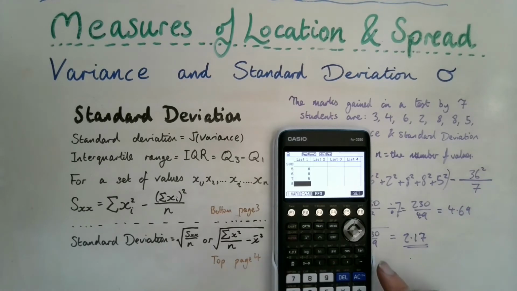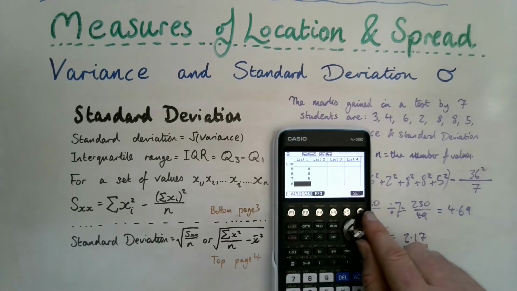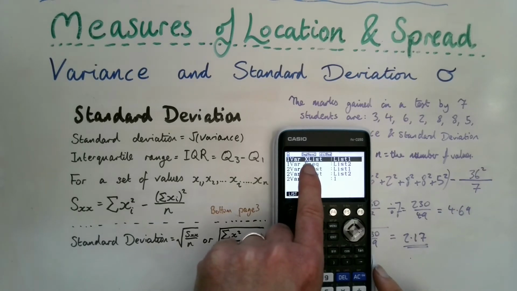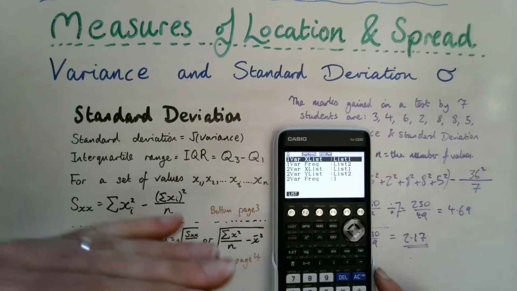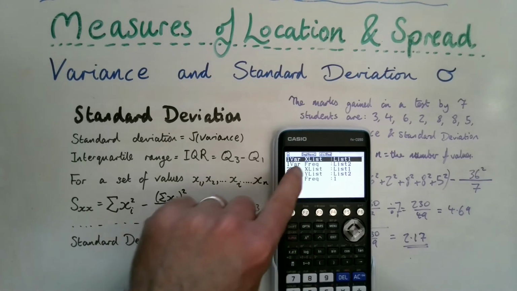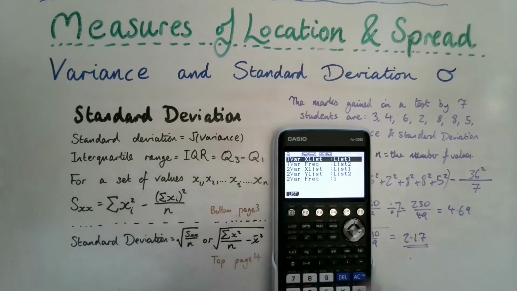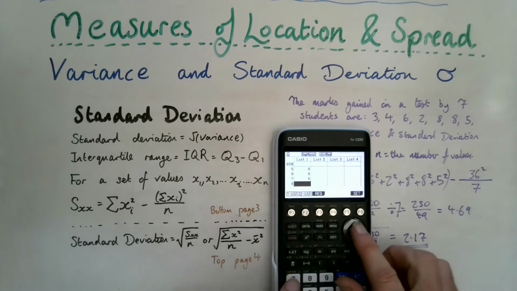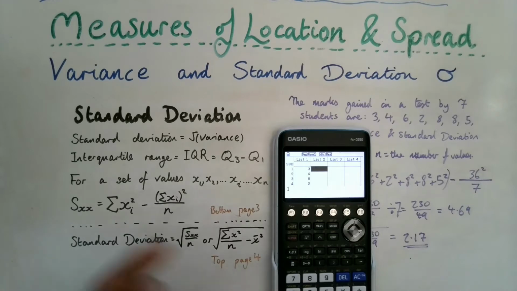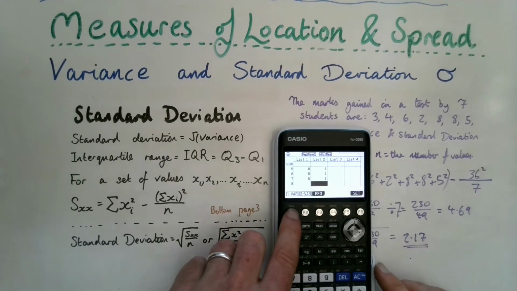Before we go any further, just check here, if you go to set with F6, you see we've got an X list, so that's just our list of what our data is, so that's fine in list 1, and then it says 1 var frequency as list 2, so we've got our frequencies as list 2. So I need to go back, and we've got one of each of these, so I put a 1, because if I don't do this I just get an error. If I go 1, 1, 1, 1, 1, I've got one of all of those data points. Now if I press 1 var,